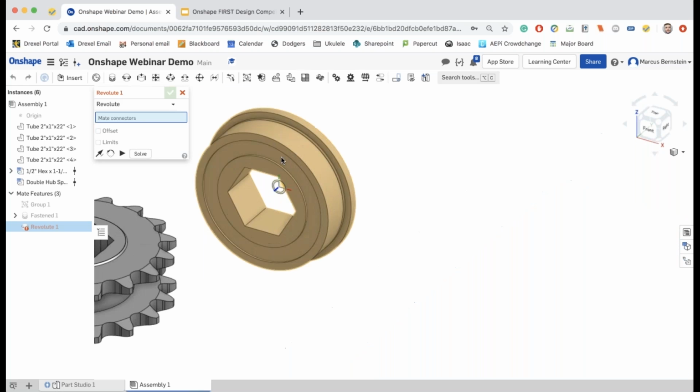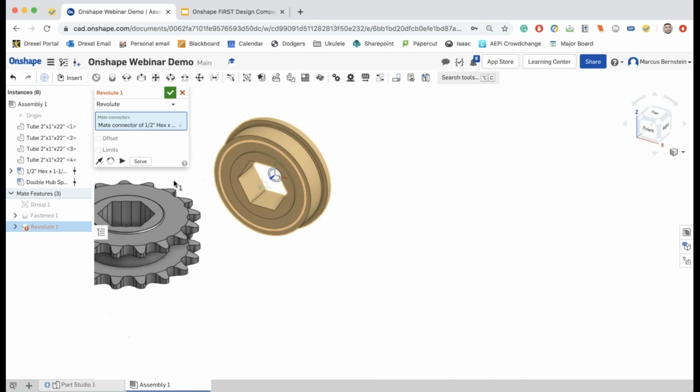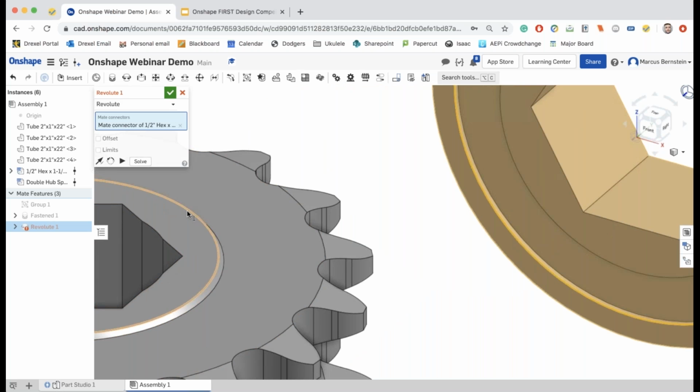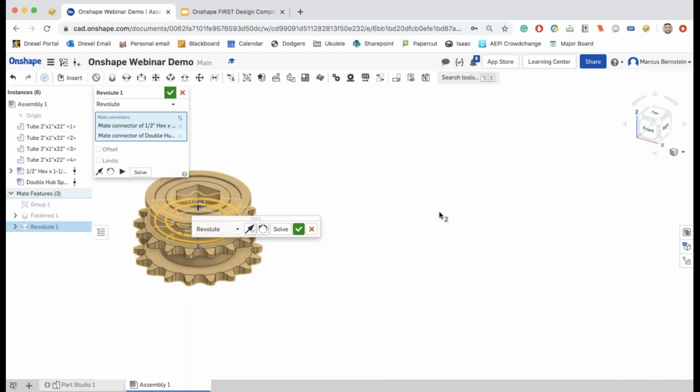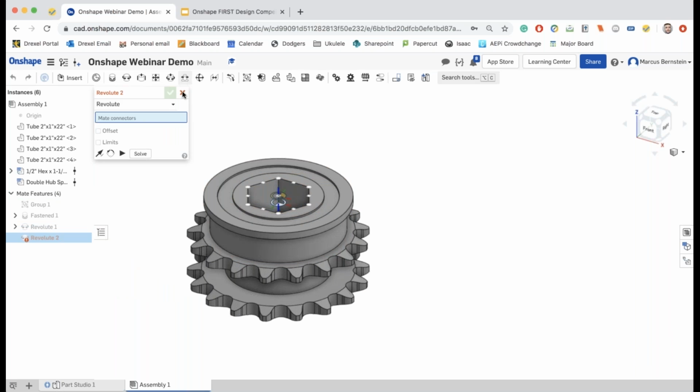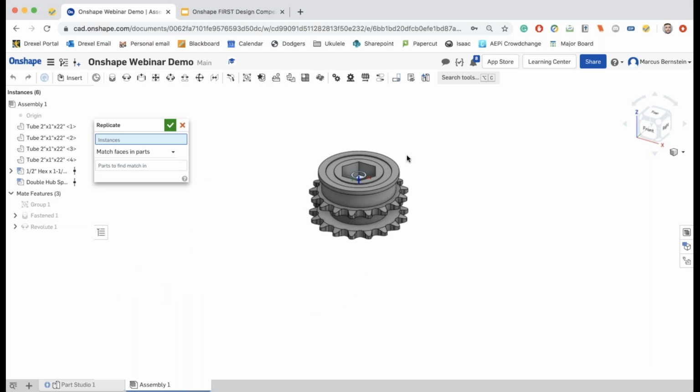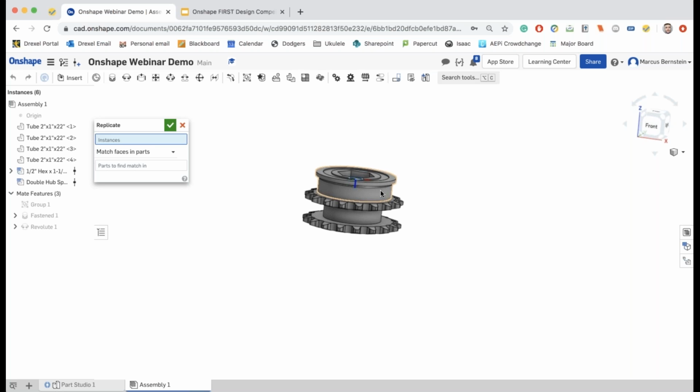What I'm going to do now is I'll do a revolute mate of the bearing to the sprocket. And then I'm going to showcase for the first time, and we'll do it a couple times in this, one of my favorite Onshape tools, and that's the replicate tool. It looks like this Lego guy right here. And the replicate tool kind of matches mates and replicates parts